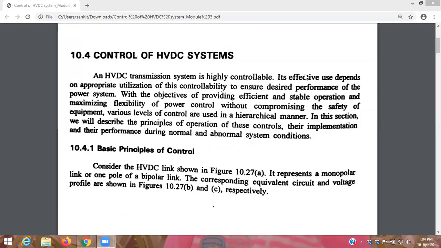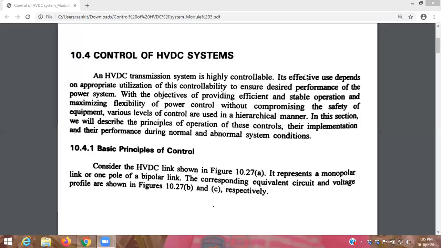To fully utilize these converters and these thyristor valves, you need to properly choose the firing angle, the amount of delay we are going to provide to the system. And out of these two controls, one is by controlling the firing pulses through the thyristor valve, and another is by tap changing the converter transformer.